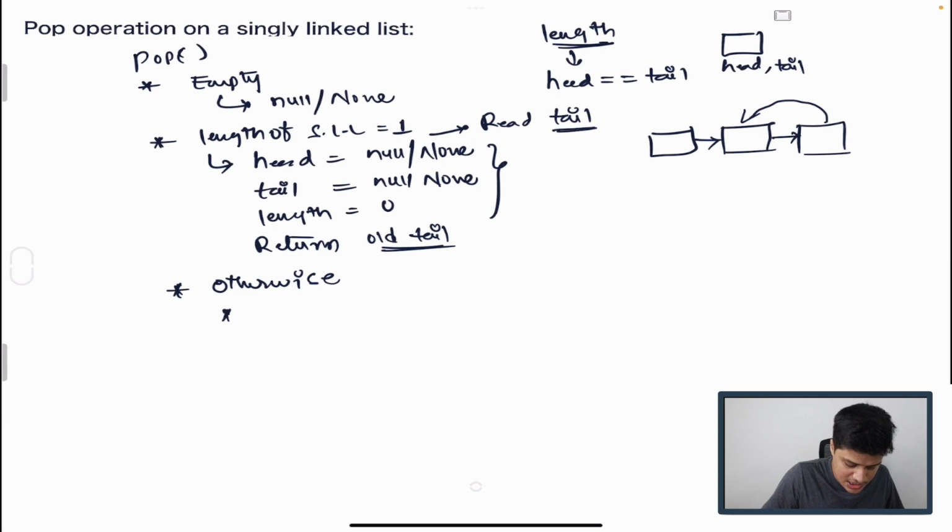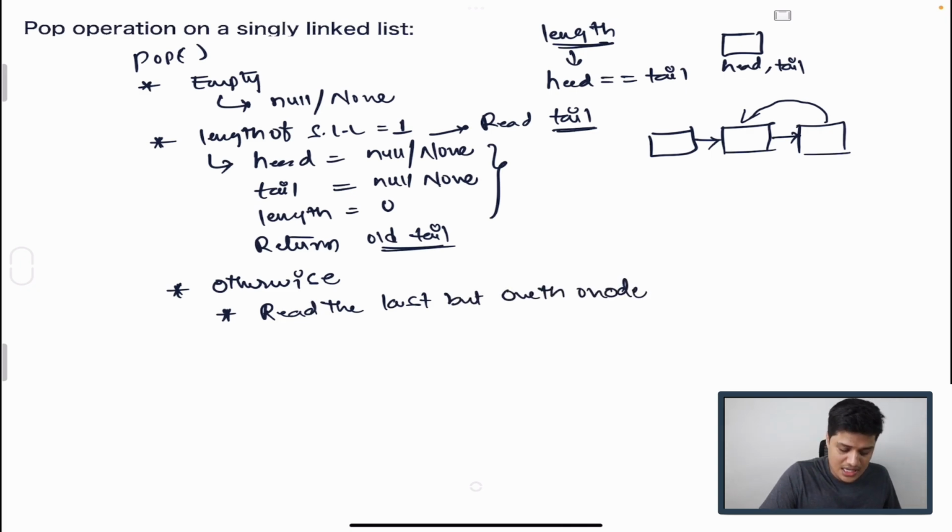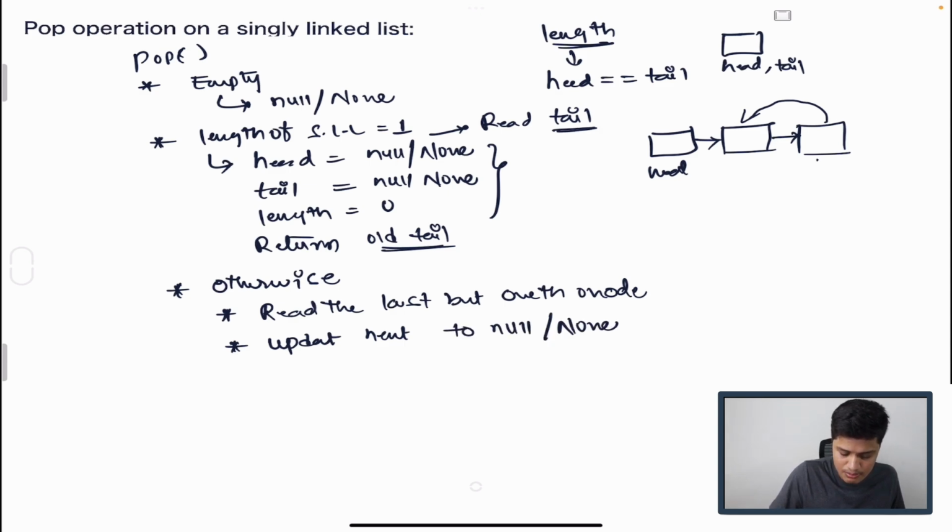So the first process is to read the last but one node. We will start at the head node and keep track of a previous variable, and using that previous variable we will go to the last but one node. Once we go to that node, how will we delete the last node? We have the reference of that node in the last but one node, available in its next. So we will simply update next to null or none, based on our programming choice of implementation,